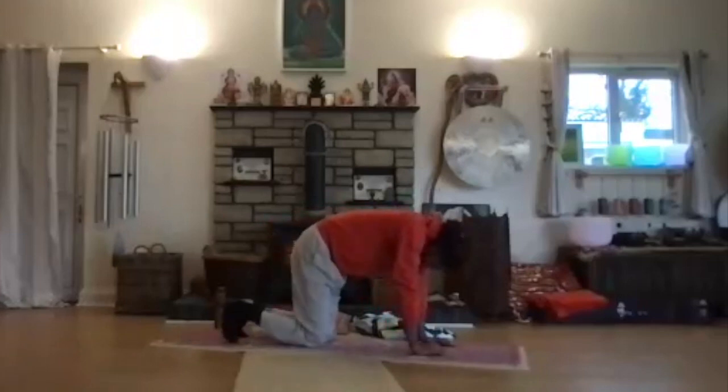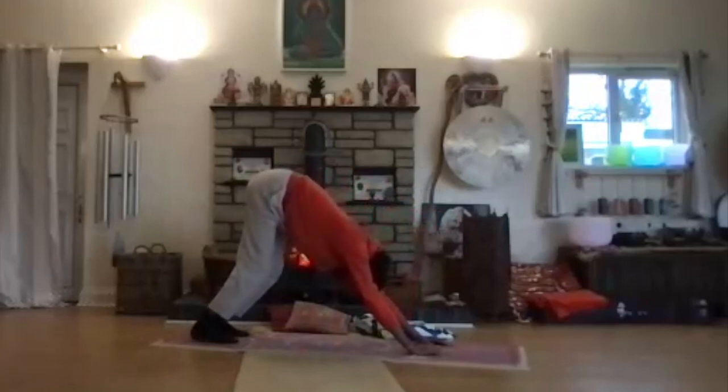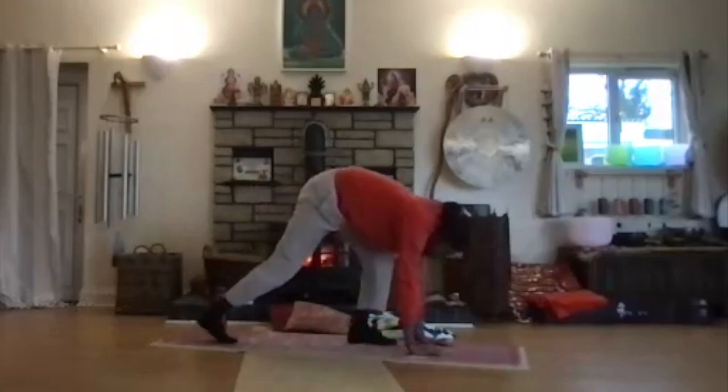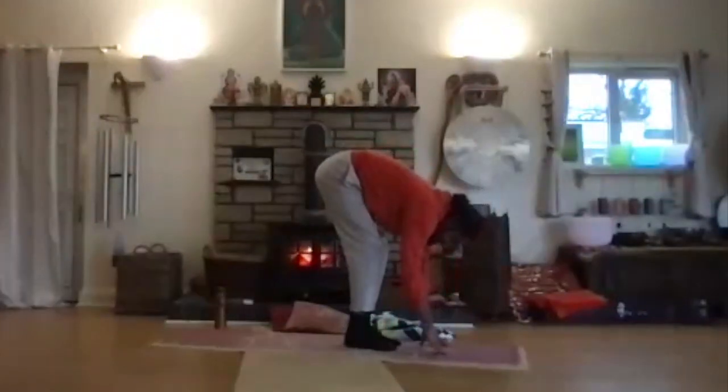And then we tuck our toes to the floor. Lift up your knees, press your heels back to the floor. Move up into Asana. When you're ready, walk your feet to your hands, letting your hands and your feet come together, fold forward